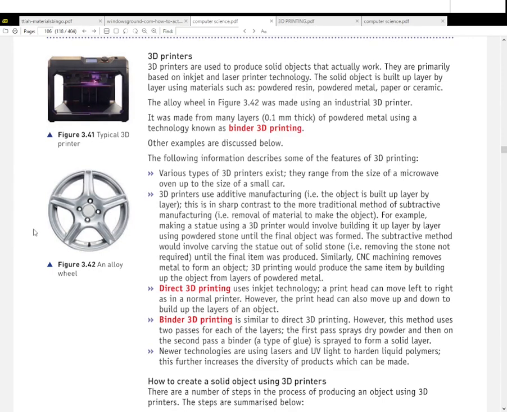Now let's talk printing. Direct 3D printing uses inkjet technology, and the printhead can move left to right and right to left, and it can also move up and down to build up layers of an object. On the other hand, we also have binder 3D printing, which is technically similar to direct 3D printing,